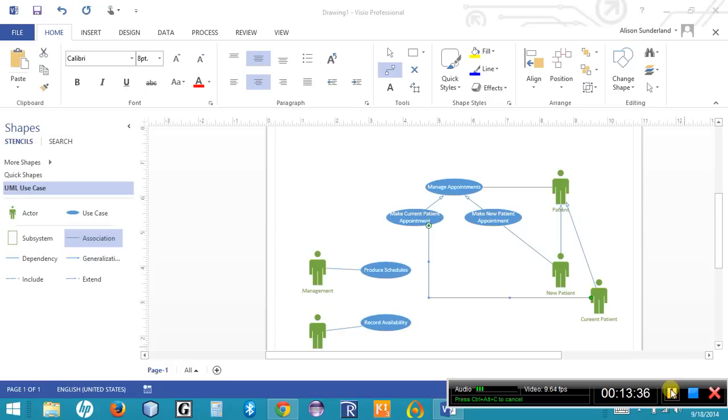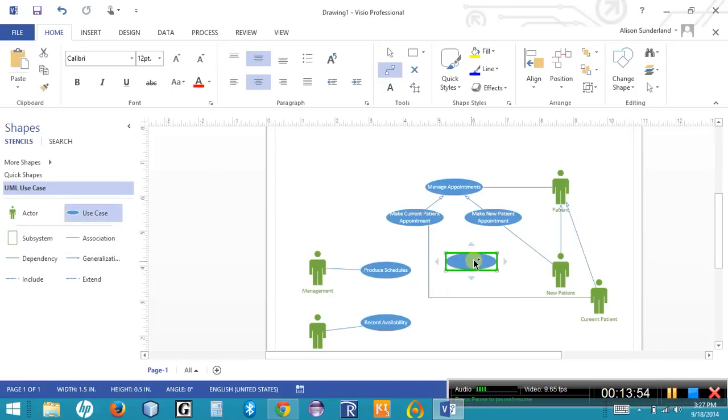The first one is going to be includes. The include relationship would indicate a part of a larger whole. So you have something that is a requirement that is part of a larger one. I'm going to take a new use case, and I'm going to drag it onto the screen, because a part of making a new patient appointment is going to be creating a new patient. If I have a brand new patient, I'm going to need to create him or get information from my new patient long before I can ever make a new patient appointment. So on this use case I define it as create new patient,